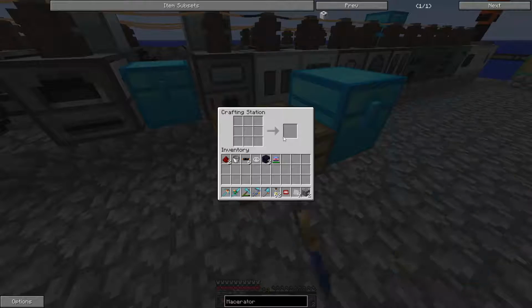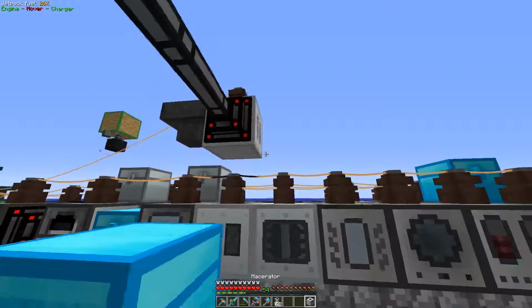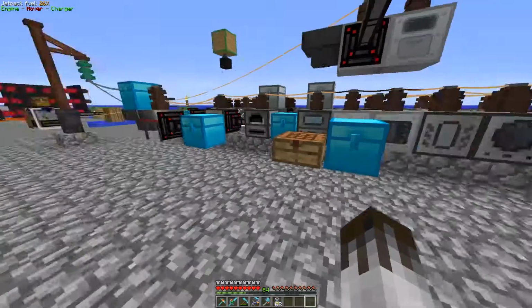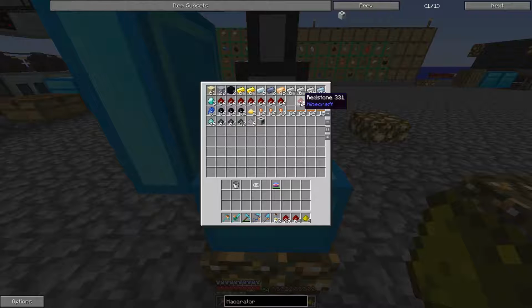Right, so there we go, iron plates are all done, so we should now be able to basically quite easily put this thing together. We just need to do the electronic circuit, which again is exceptionally easy to do, and there we have our macerator, and we will just plop that one over there. The next thing we need to move on to is the mass fabricator, which is a lot more daunting than it sounds. So we need 4 glowstone dust,